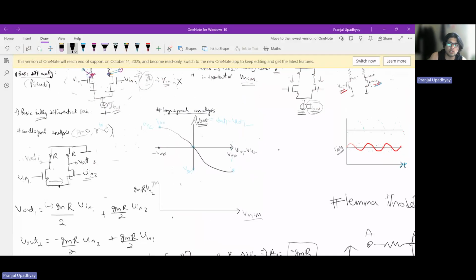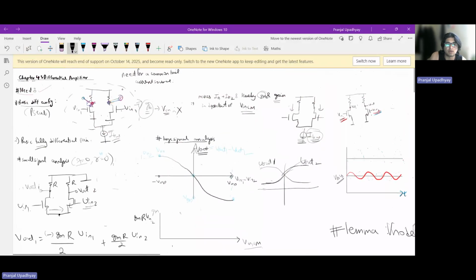So what typically we first see in Razavi's book is this kind of a curve, right? This is the kind of curve you see. And why do you see it so? Because what we are trying to establish from here is that this guy is typically V out 1, this guy is typically V out 2. And what we are trying to say here is that when this transistor, let us say this transistor is V in, or if I were to show here, if this transistor is basically